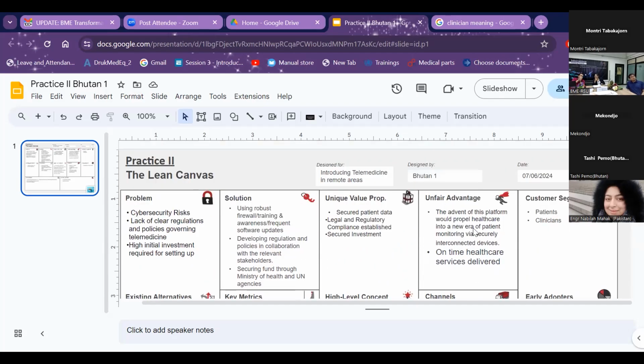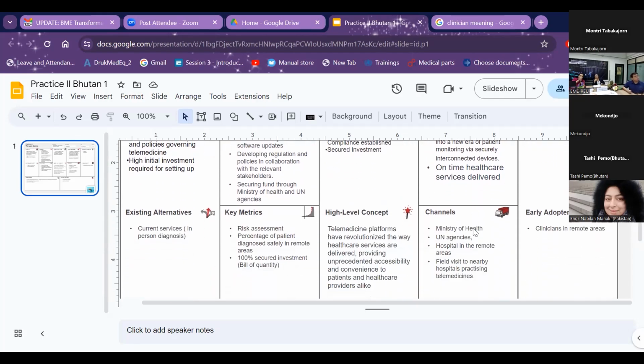And the unique value proposition would be secured patient data and privacy, and legal and regulatory compliance established with this. And with the proposal to higher authority and the Ministry of Health, we are ensuring the investment budget to be secured. And the high level concept we're working on would be